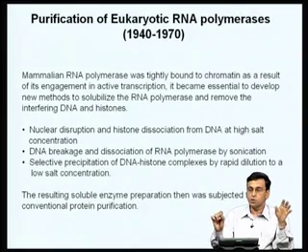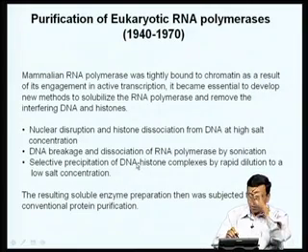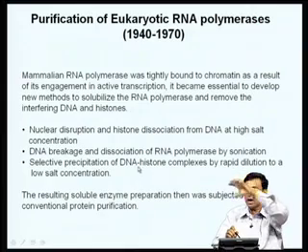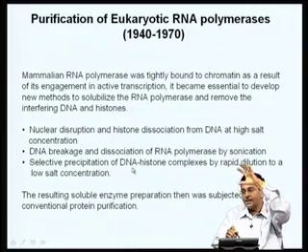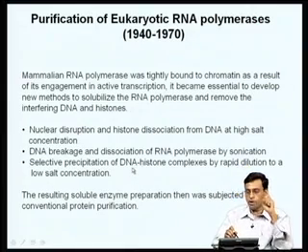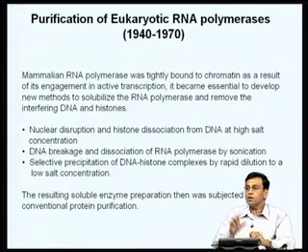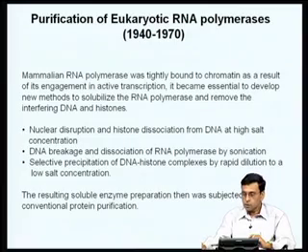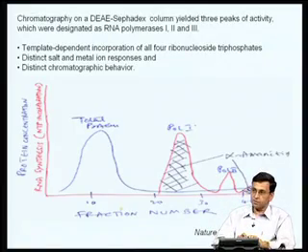and once the histones dissociate from the DNA, then you break the DNA and dissociate the RNA polymerase by sonication, and then you selectively precipitate the DNA protein complex, and now you have the RNA polymerase with other proteins in the solution, and that is your starting material for purifying the RNA polymerase. So this soluble enzyme preparation, which is devoid of DNA and histones, was then used to purify RNA polymerase.